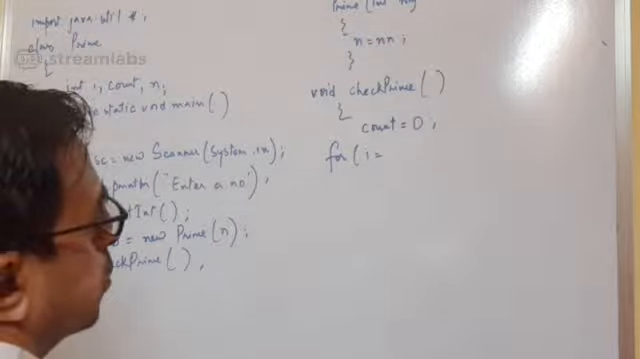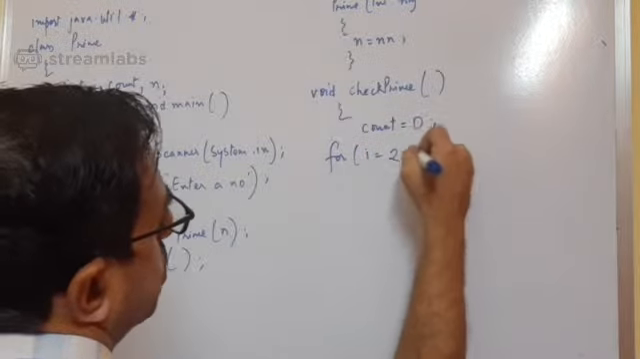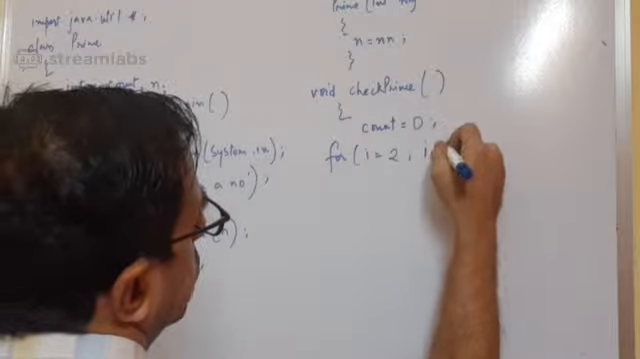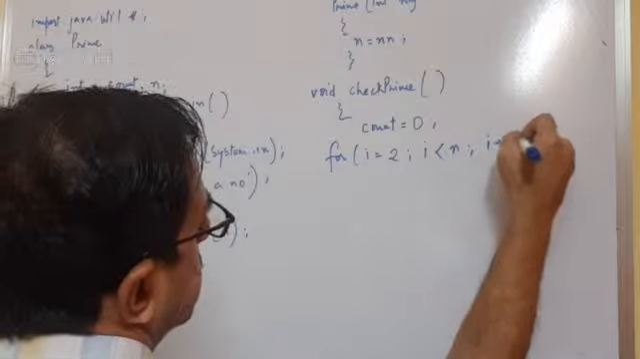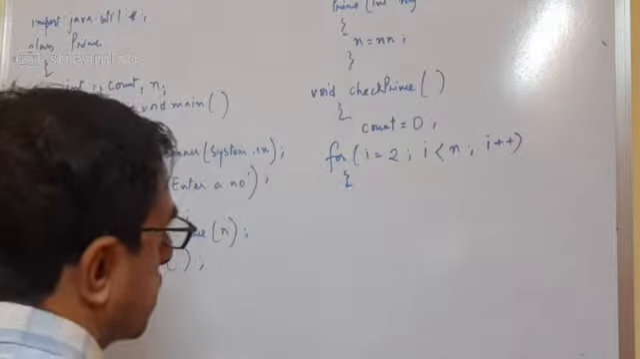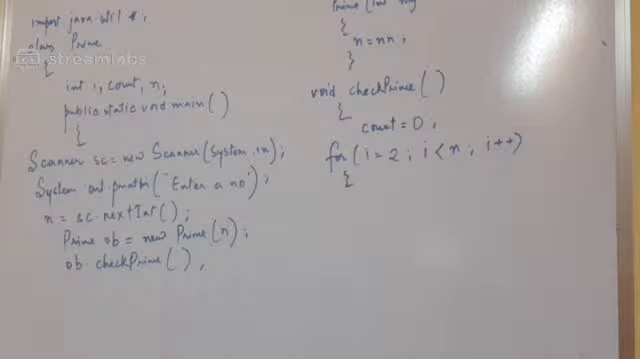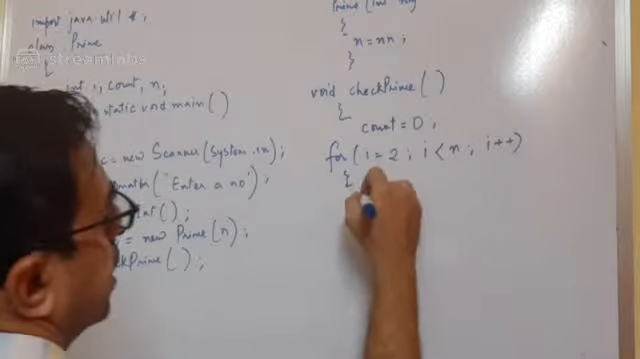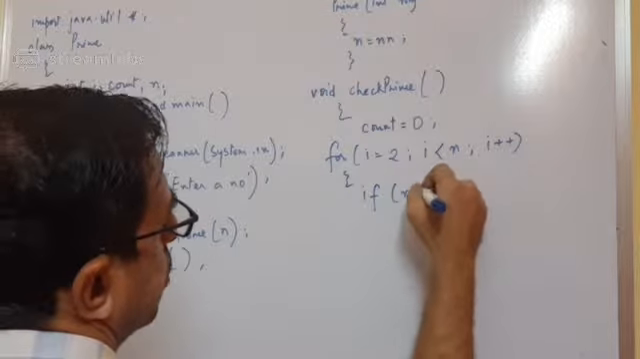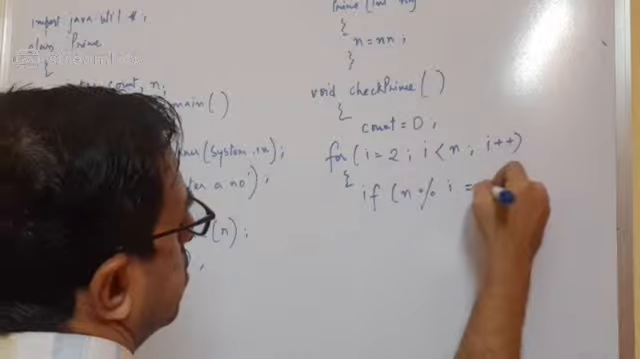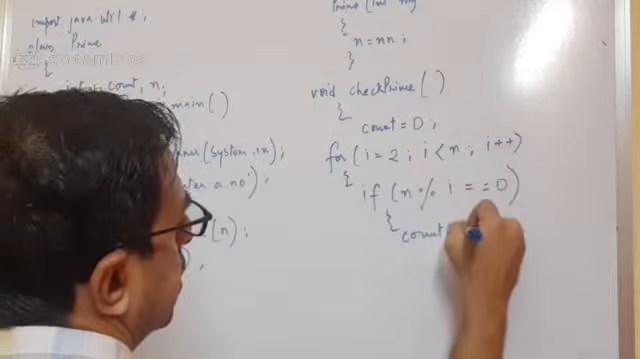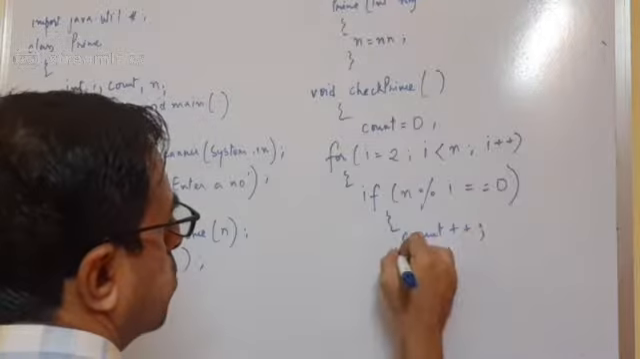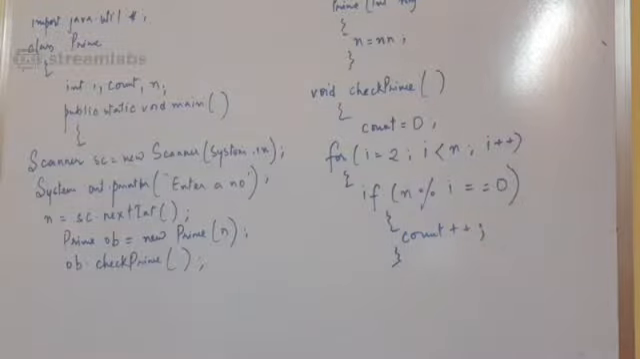So for i equal to 1, now here we'll be starting a loop: i less than or equal to n, i plus plus. Now what we'll be doing is checking the original number, which is your n. If n modulus i double equal to 0, then count plus plus. So we increment the variable count by one step, and after that,